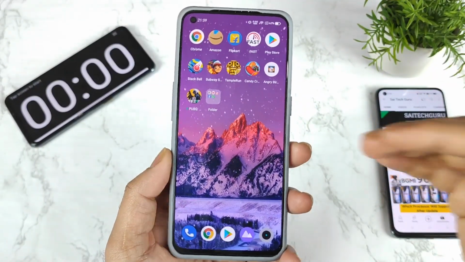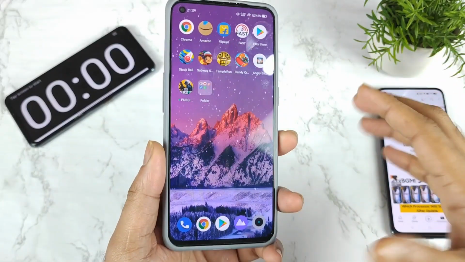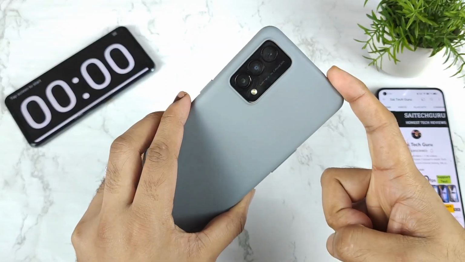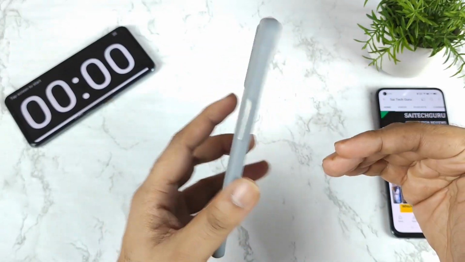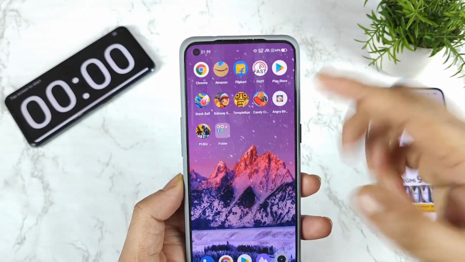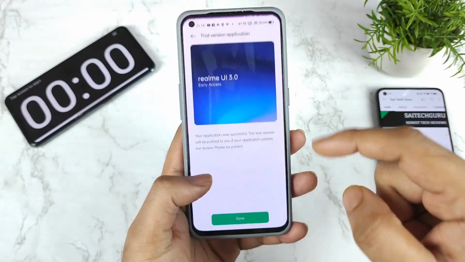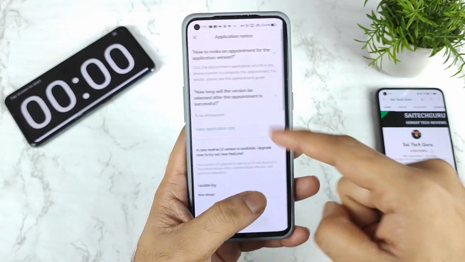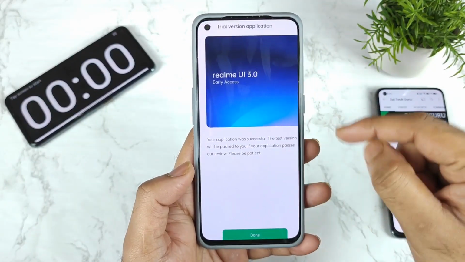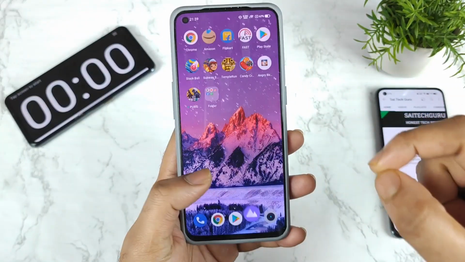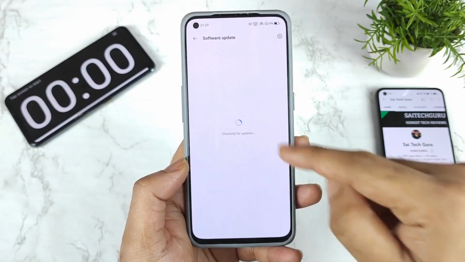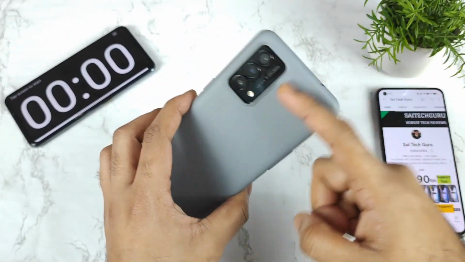In this video I'm going to talk about the Android 12 Realme UI 3.0 update, its size and features, and how much time it actually takes to install on the Realme GT Master Edition. Yes friends, finally the Realme GT Master Edition did get the early access invitations, and about 20 minutes back, I applied for the early access beta version. As you can clearly see friends, I filled in the application form, and after that I got the message saying the application was successful. And right now, within 20 minutes, my phone received the update. As you can see, you are seeing the notification. So that's what I'm going to demonstrate friends on this Realme GT Master Edition.